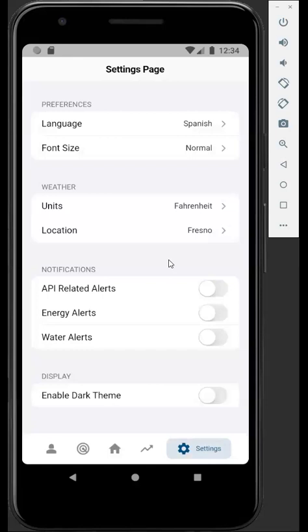Also, the user can pick which notifications they want to receive. So there's API alerts, energy alerts, and water alerts. The API are anything weather related. It could be like either fire or tornadoes. The energy alerts are if they need to lower their energy consumption, and water if there are any